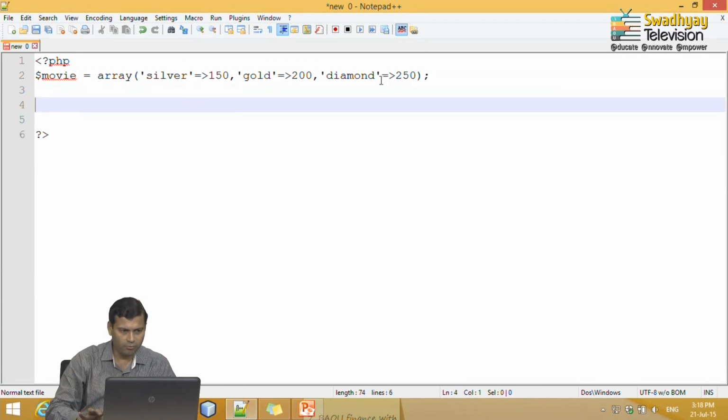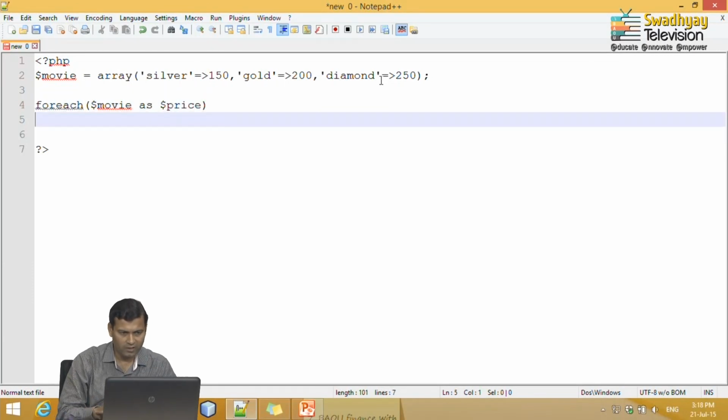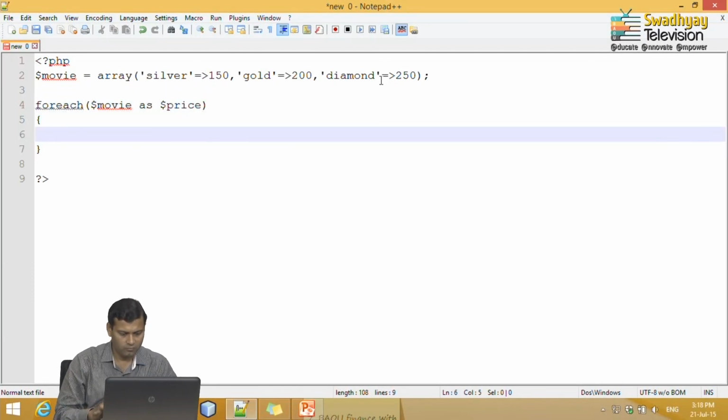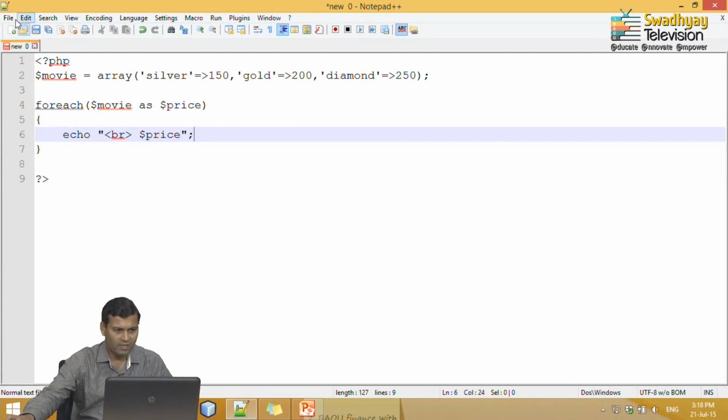Now, to display each value, again I can use the foreach loop. I can write foreach $movie as $price, and I can display the value of each one by just writing echo. Let's save it and run it.